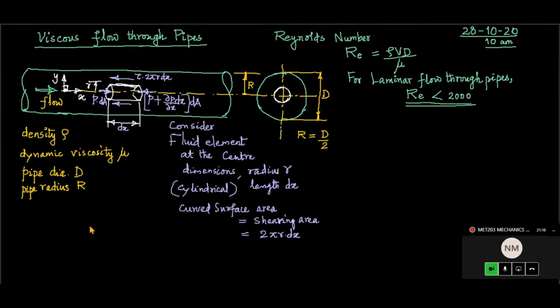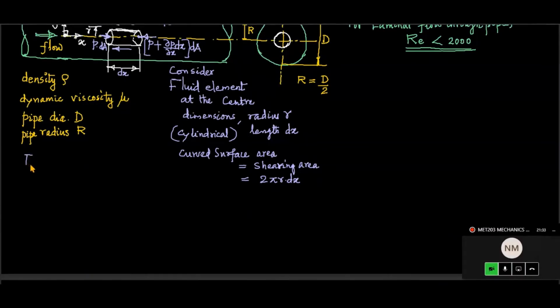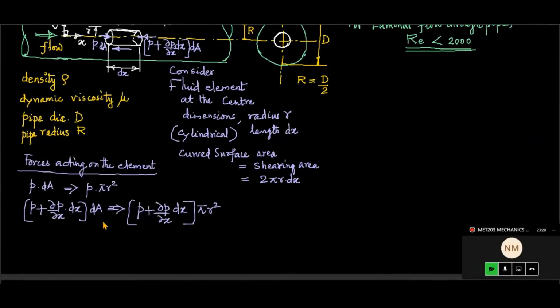So now there are three forces: the pressure force on the left face and right face, and the viscous resistance. Since we are considering a horizontal pipe and a horizontal fluid element, it is not influenced by gravity. The weight of the fluid element is not acting in the horizontal direction. So I want to make a force analysis in the x direction. The left side face is P into pi r squared, the right side face is this force, and then one more. So this is 1, this is 2: the pressure forces acting on the left and right faces of the element. Then the third one is the viscous resistance, the shear resistance.